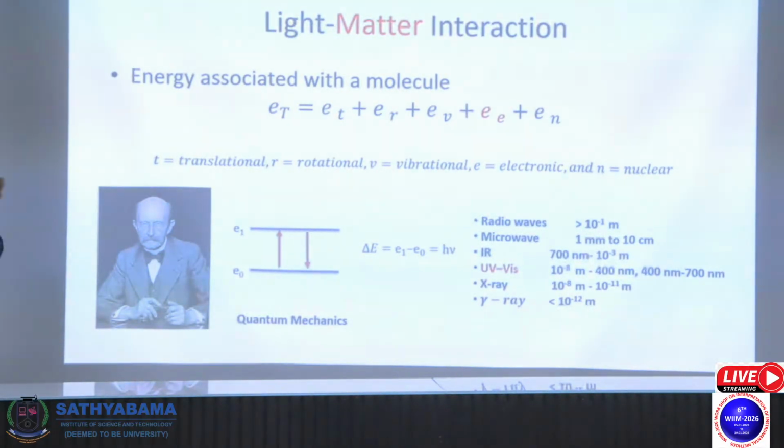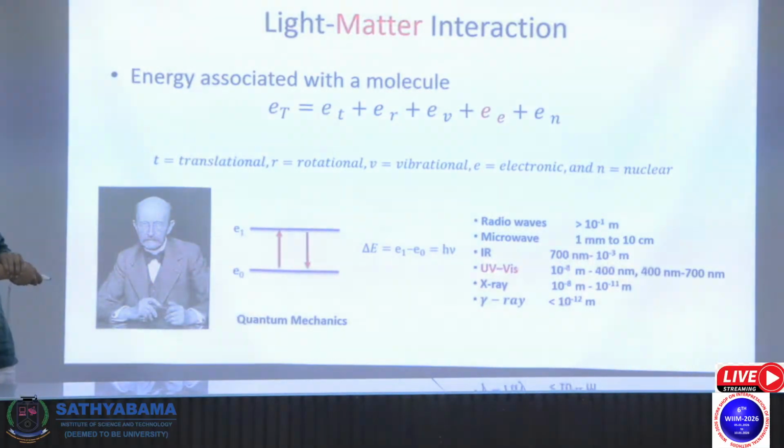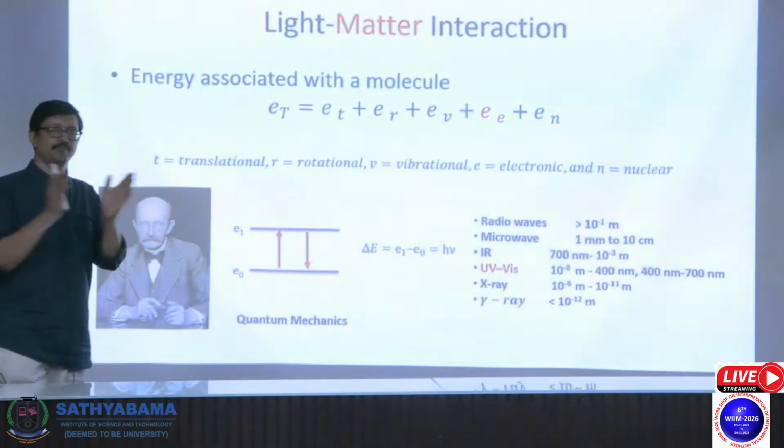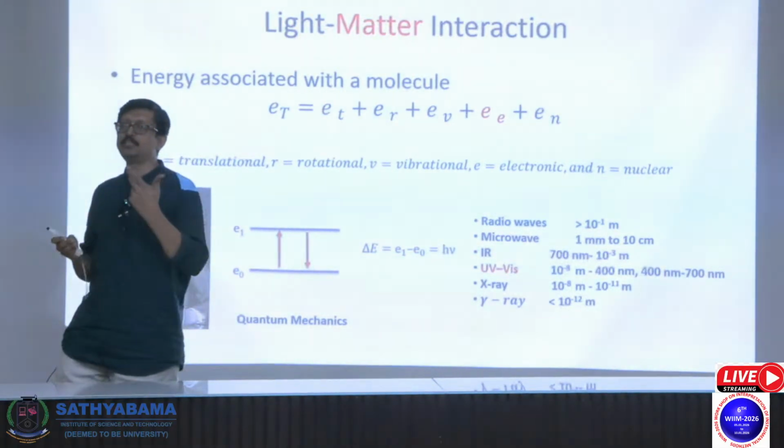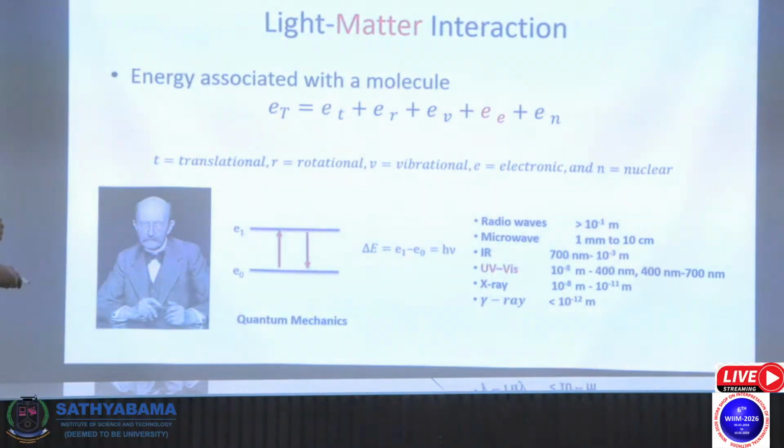So today's talk, we are confining to the UV and visible region. From 10 nanometer to 400 nanometer is the UV part, and 400 to 700 nanometer is the visible part. That is the part we talk about, whatever visible light. That is the frequency range. Now,